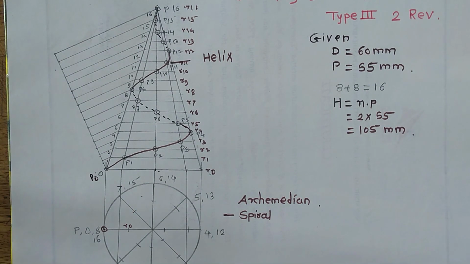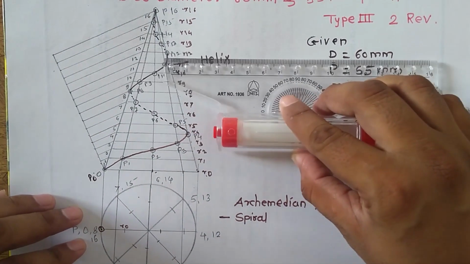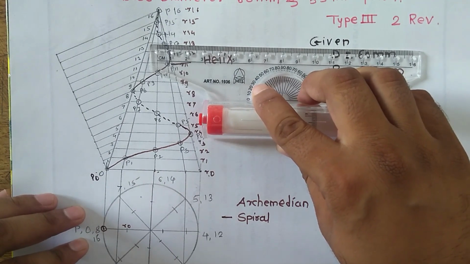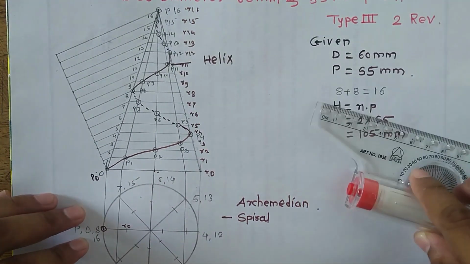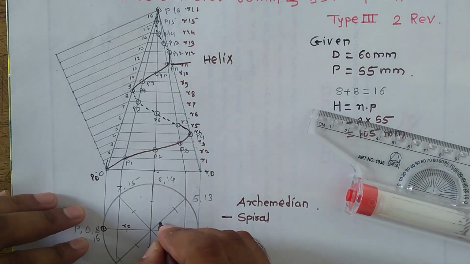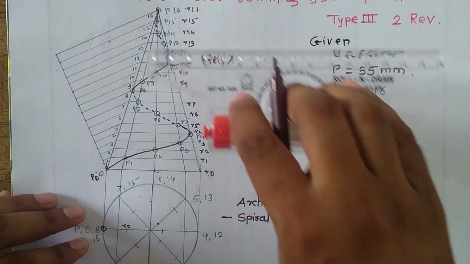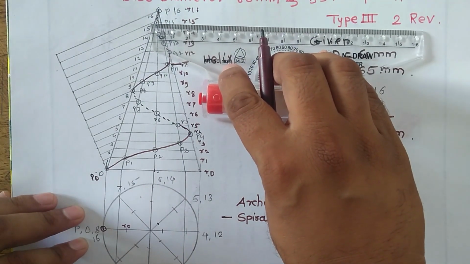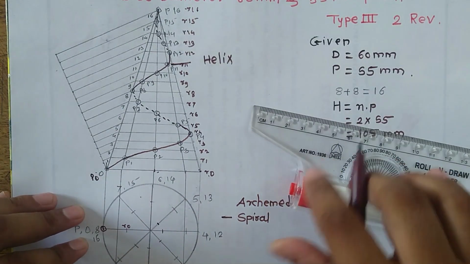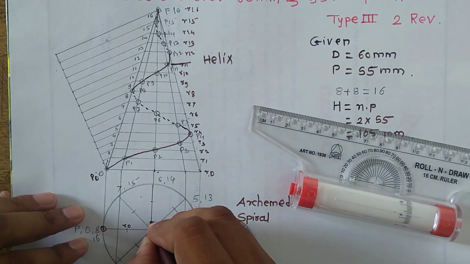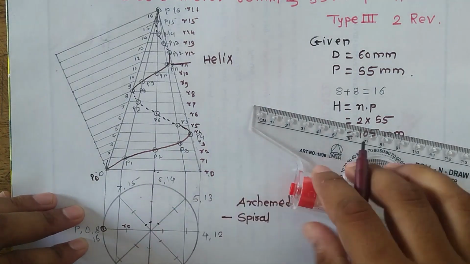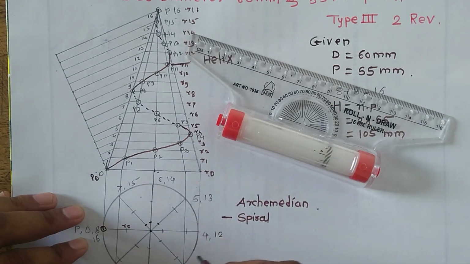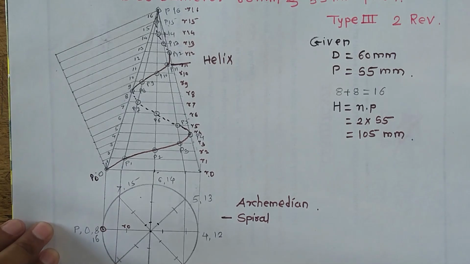Now for the next ones, we have to measure all those distances with the help of a scale, because those distances are small. So that will be 7 mm. I have to mark 7 mm here. Next I will measure that distance. This will be 3 mm at R15. Next R16. Okay. After that we have to give names.